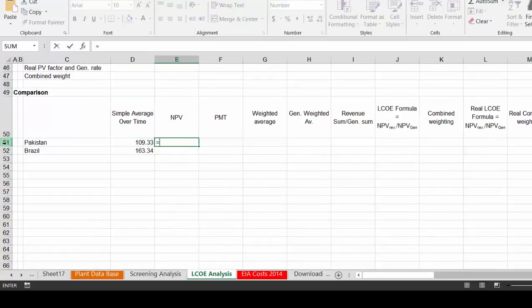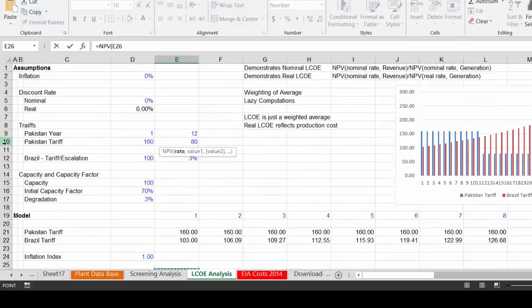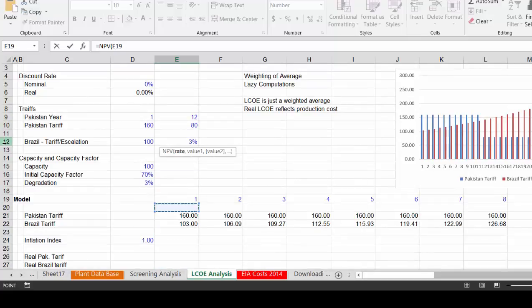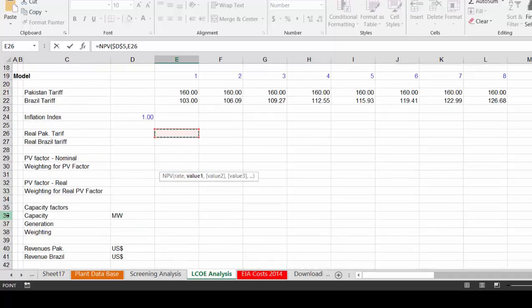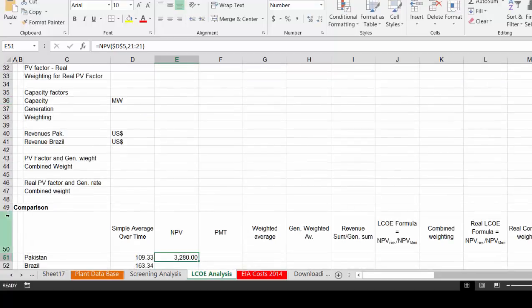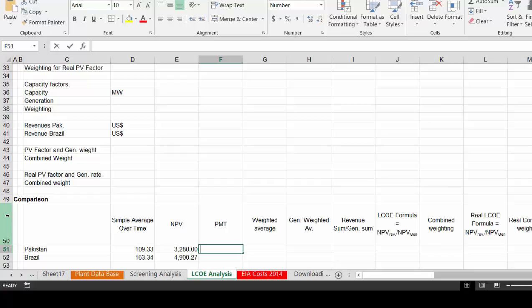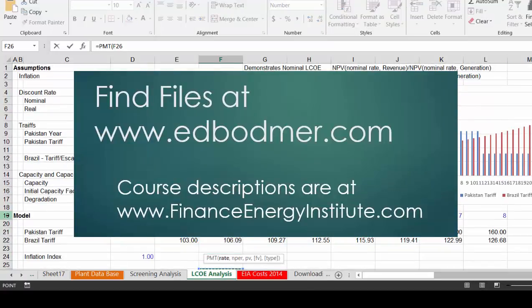Now if I put NPV and we go up to our nominal discount rate, which I still have at 0, that's good. And then we can click on the, and I'll press F4, and then click on the tariffs. We can take the present value of the tariff. That seems like a silly thing to do. But then we can get that in terms of a payment. We take payment, and then we take this same rate,